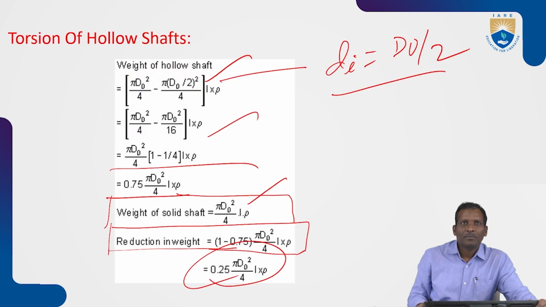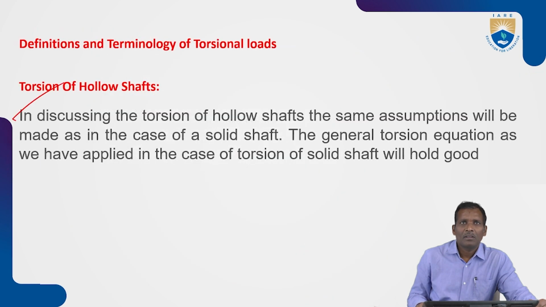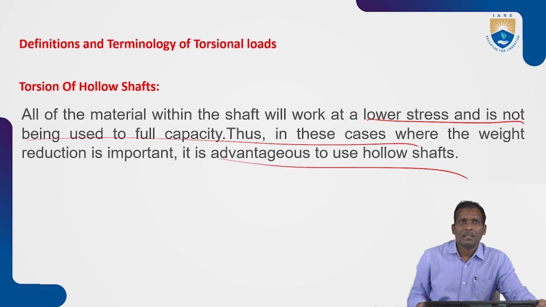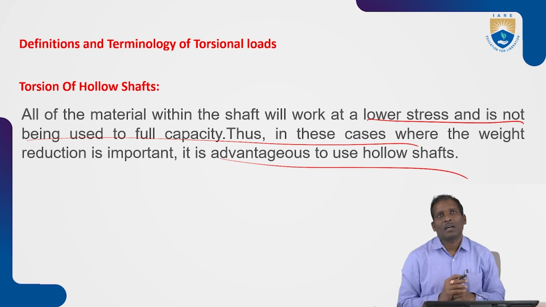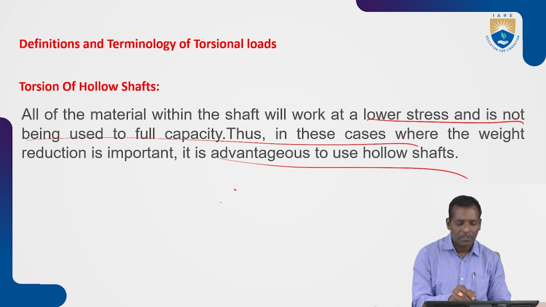See here, the general torsion equation is applied for this case, and here the weight reduction is important. So all of the material within the shaft will work at a low stress and not be used to full capacity. So where the weight reduction is important, it is an advantage to use hollow shaft. So the hollow shaft, so having a